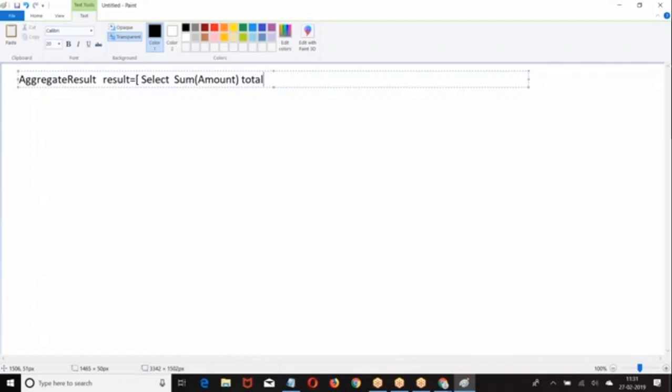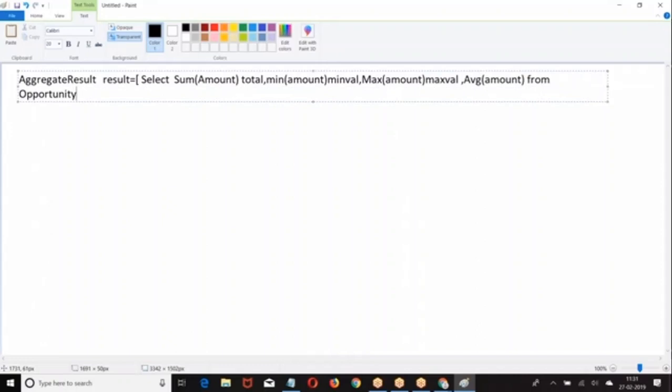Then I have max of amount, from opportunity.